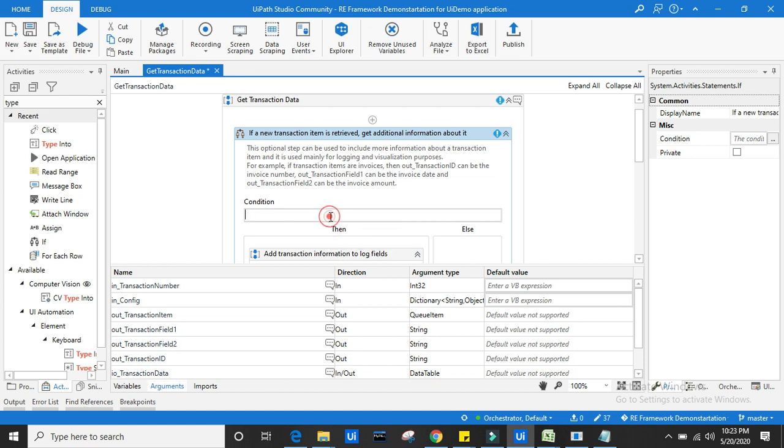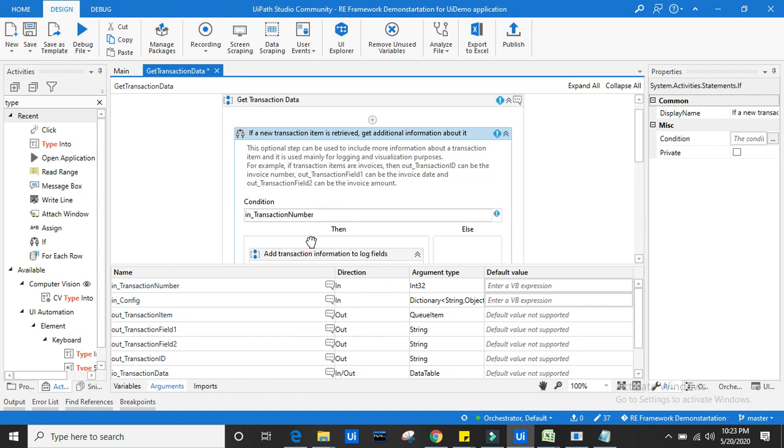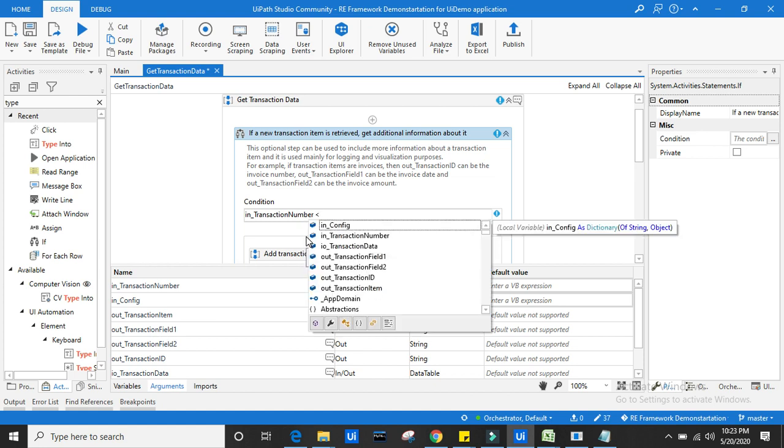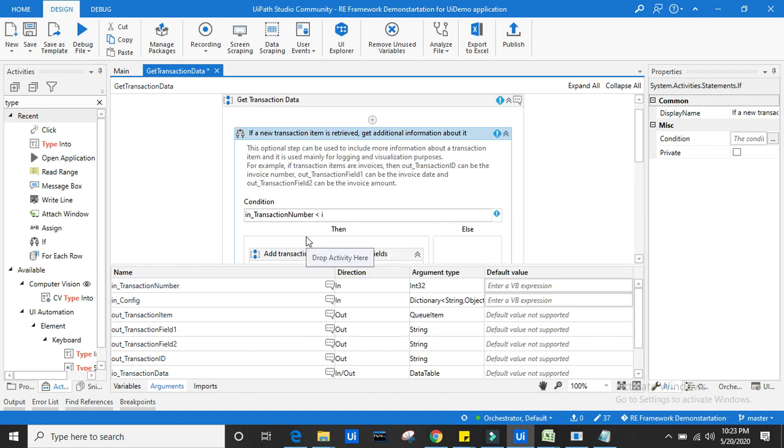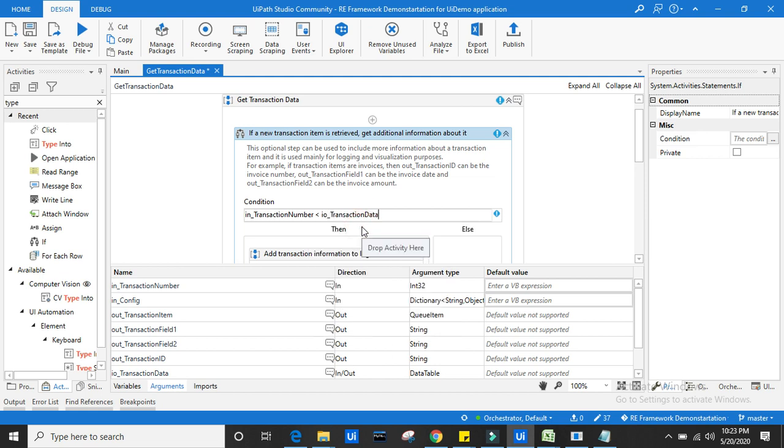So I will write the condition: in_TransactionNumber is less than IO_TransactionData.Rows.Count.